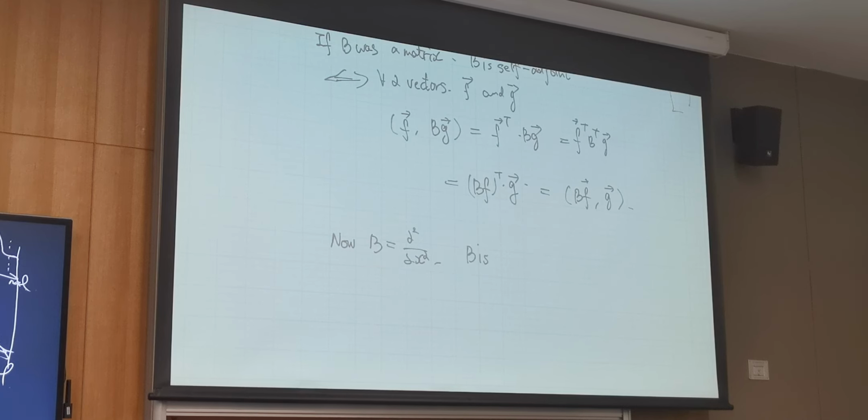B is self-adjoint can be argued in that for any two functions f(x) and g(x), where x belongs to 0 and L, I need to argue that